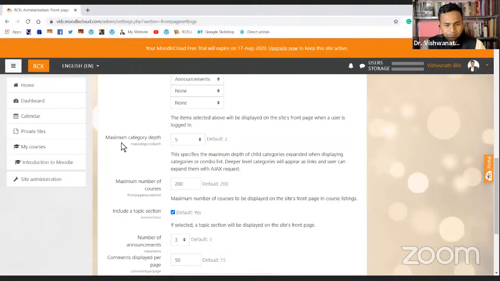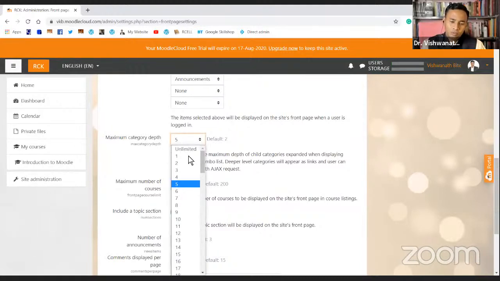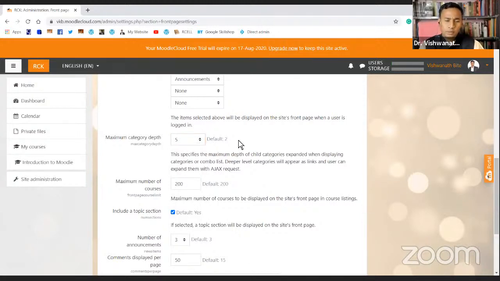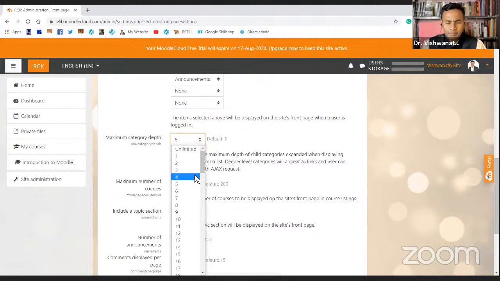Okay. Maximum category depth, so how many categories you want to offer. The list goes up to 99. Many traditional educational setups may want 3 to 5. More than 5 is not at all required. But let me tell you, by default it is 2, but we can change it to maybe 5, 10, 3.